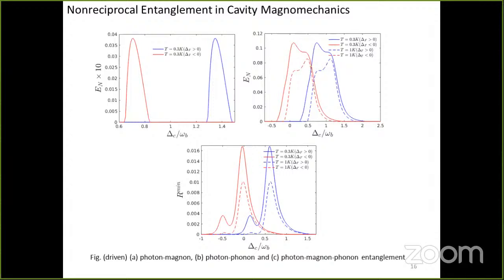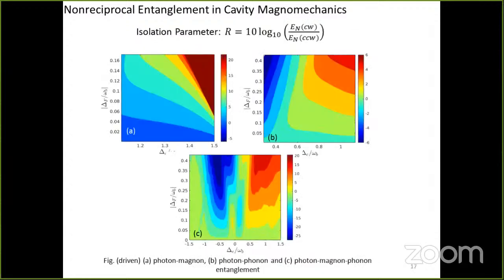And finally, I would like to consider this parameter. This is basically giving you the isolation parameter. So we are calculating the ratio if we drive the system in the clockwise direction with respect to if we drive the system from the counterclockwise direction. So you can see that depending on this delta, the ratio changes, and you can have a fair non-reciprocal behavior. Particularly for C, you can see that whenever delta is greater than 0, the entanglement by driving the clockwise mode dominates over the counterclockwise mode. So that basically gives you the non-reciprocal effect in the cavity magnetomechanical system that is studied in terms of this entanglement